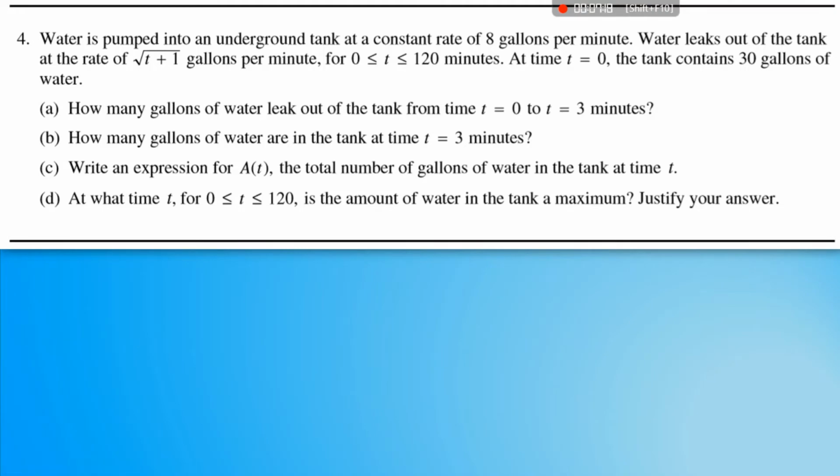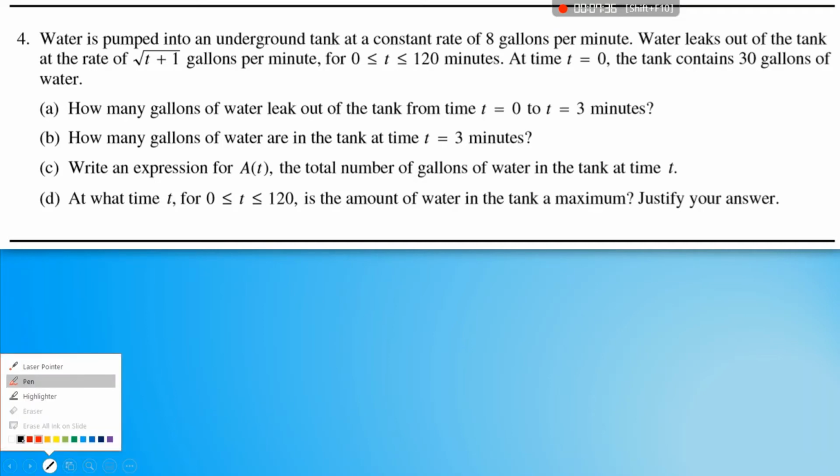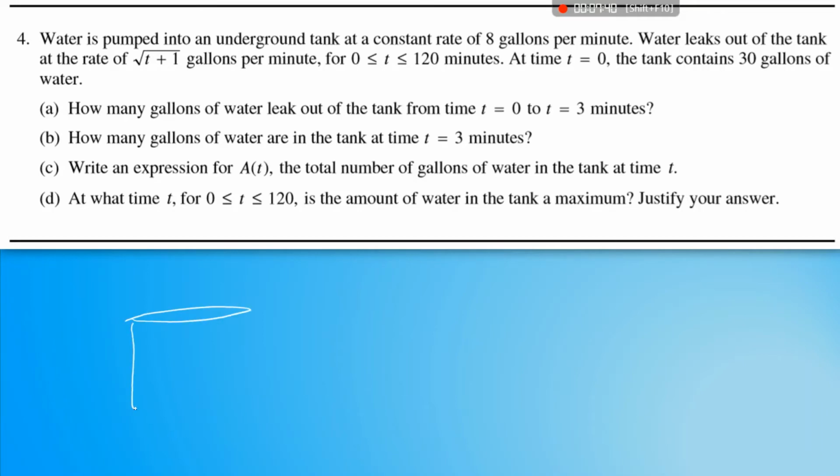Okay, so here I've got water that's being pumped into an underground tank at a constant rate of 8 gallons per minute. But water is leaking out at a rate of root t plus 1 gallons per minute for the first 2 hours. At time t equals 0, the tank contains 30 gallons of water. Okay, so I'm going to draw really quick. You guys don't need to do this on your test, but... Okay, so here's my